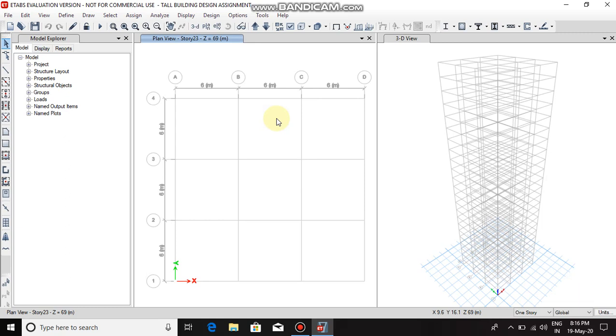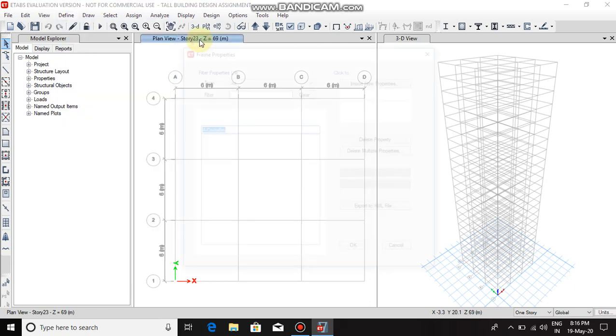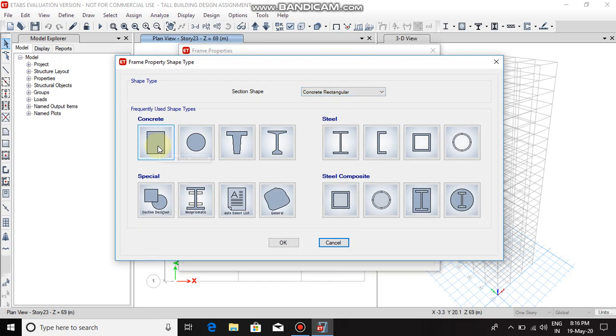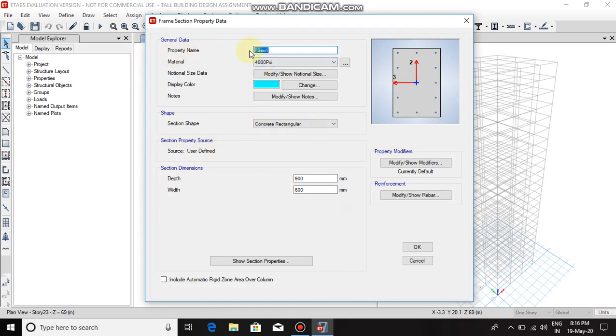Now define frame and slab section with this material. Select define, section properties, frame section, add new property, concrete rectangular, change the property name to say 500 mm by 500 mm.